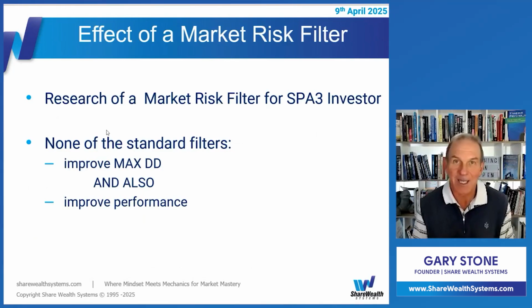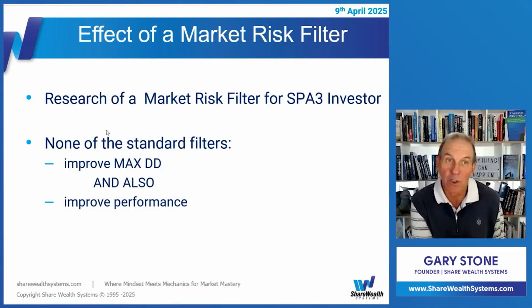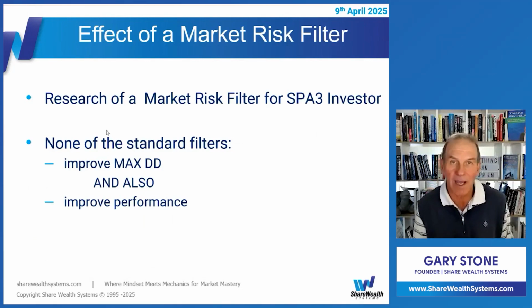But one of the things that a market risk filter does, undoubtedly, is that there are times when it takes you out of the market and it does reduce drawdown, but in every case, it also reduces performance. Because what you're doing is taking away a degree of freedom. You're adding another variable and another level of constraint, put in there to reduce drawdown, to remove emotion, to reduce emotional pain. So it's always trying to analyze away emotional pain, whereas the more pain you can handle, the more comfortable you can be with being uncomfortable.